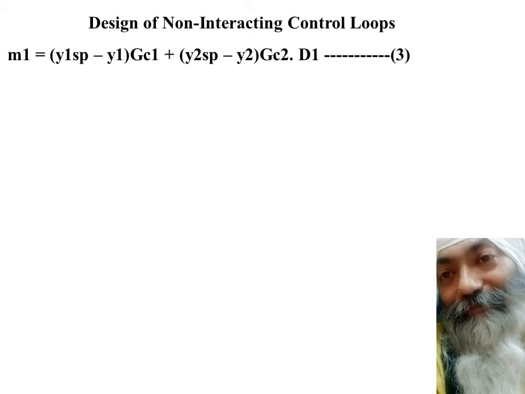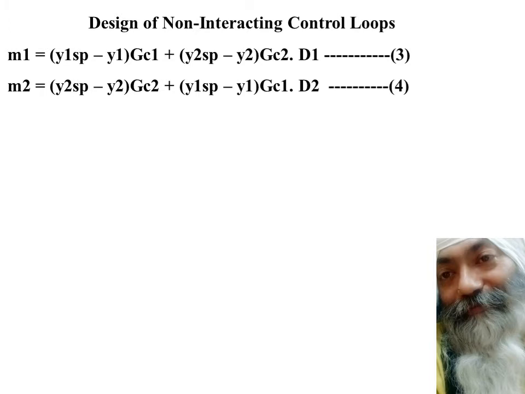We have seen this equation number 3, and now we will play with this equation number 3 a little bit here and there. How? Let us see. The way we have m1, similarly replacing 1 by 2 and replacing 2 by 1, we will have a similar equation for m2 without going through the whole process, without doing the whole exercise again. So we don't believe in reinventing the wheel. So this is the way we go in for equation number 4.